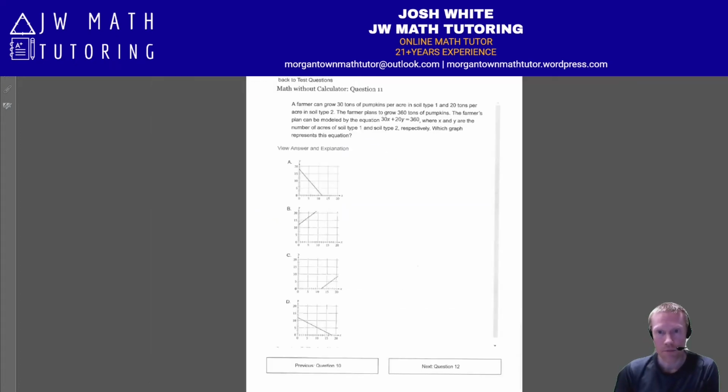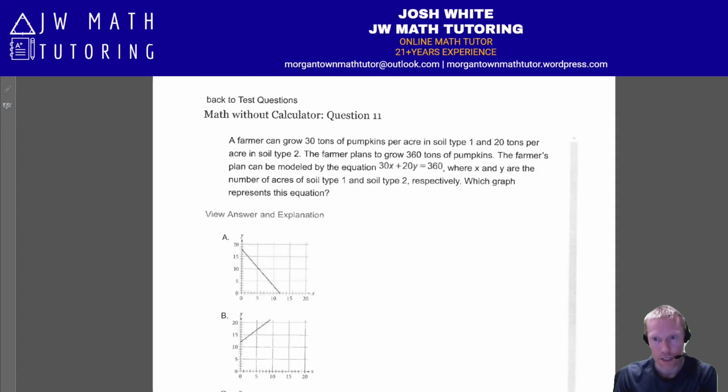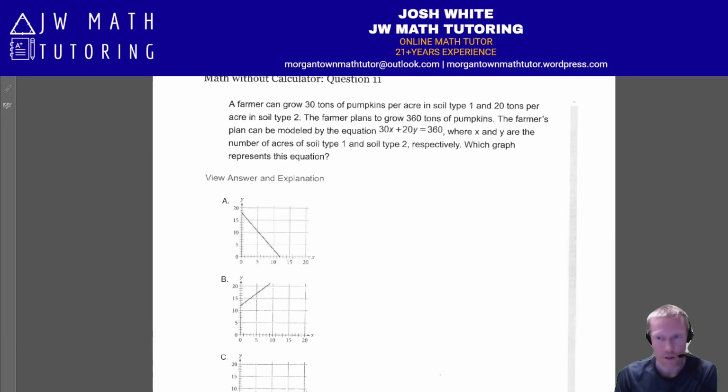All right, next up, problem number 11. Here they give you a situation with a linear equation. It's written in standard form, and they want to know which graph represents it. So there are multiple ways you could do this one. I think the easiest way is to first find the y-intercept. So you plug in 0 for x, and that causes the first term to drop out, and so the y-intercept is going to be equal to 360